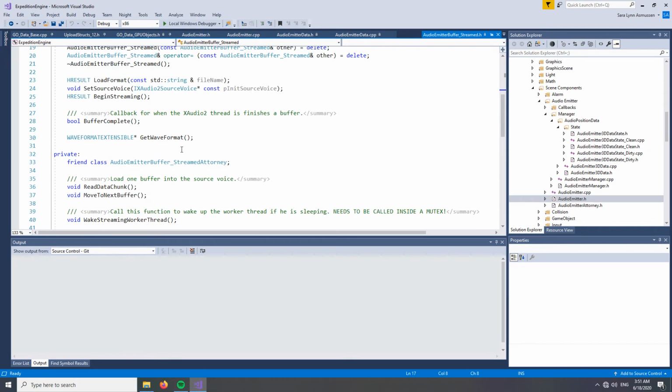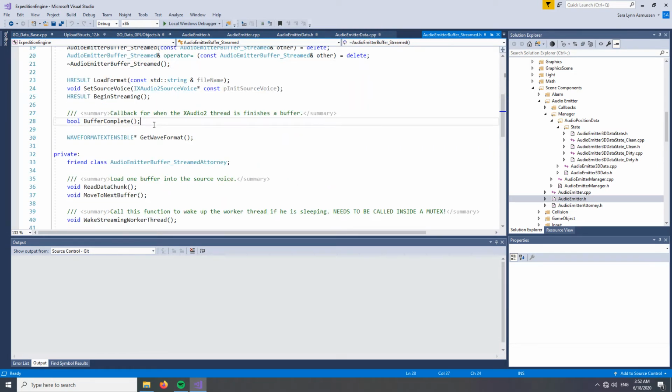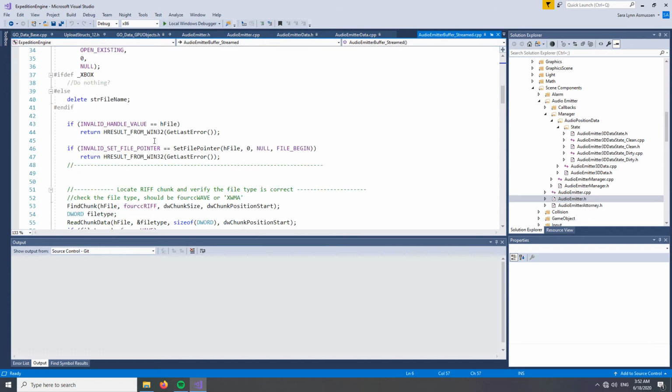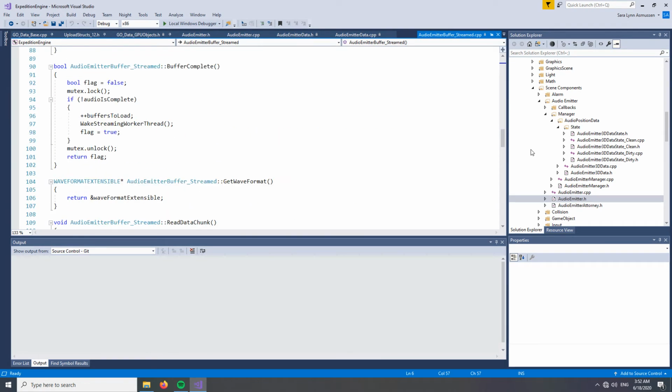This guy is where I went a little rogue. I didn't like that the XAudio2 documentation on streaming doesn't actually work if you copy and paste the code. There's a lot missing from what they did, so I went off and did my own. It works very well, or fairly well. Obviously, there's always room for improvement, but the basic idea is